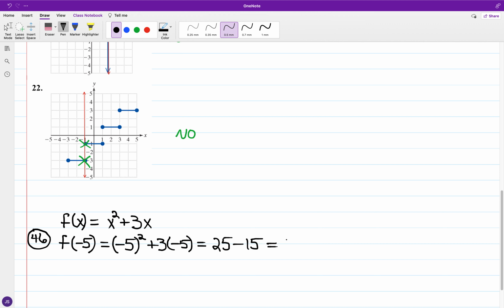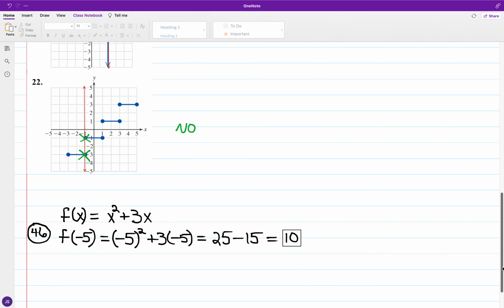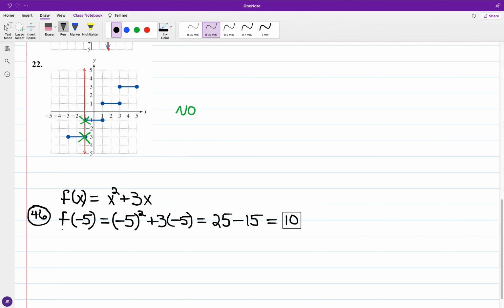And 25 minus 15 is equal to 10. Okay, so (-5, 10) will be a point on the graph of y equals f of x equals x squared plus 3x. And referencing the same function, we have number 51,